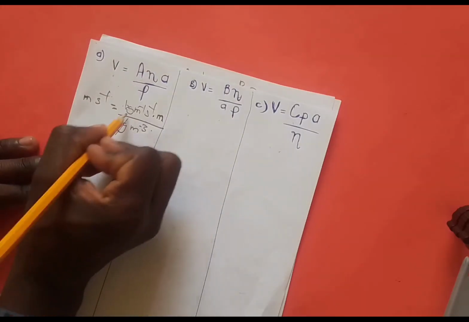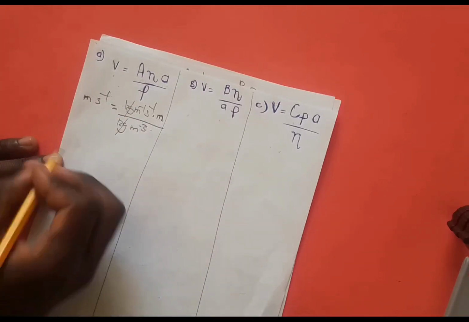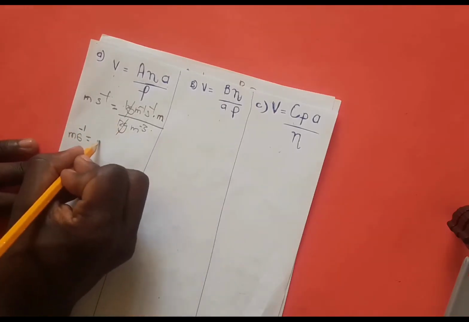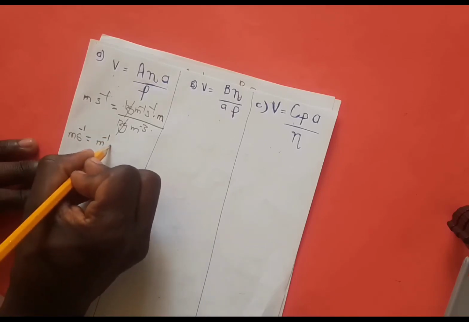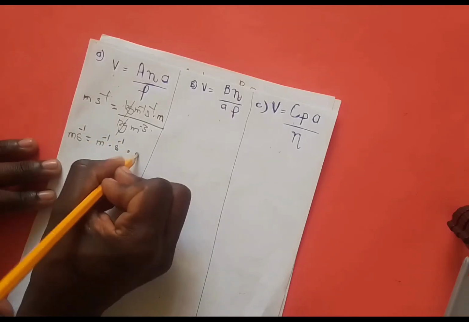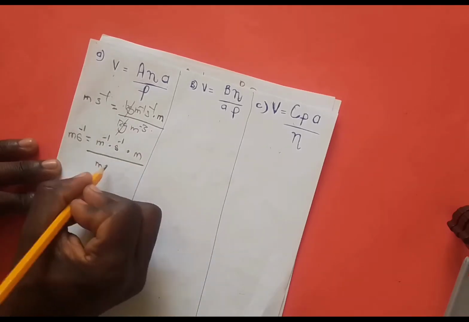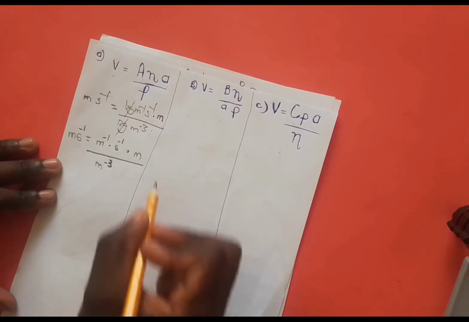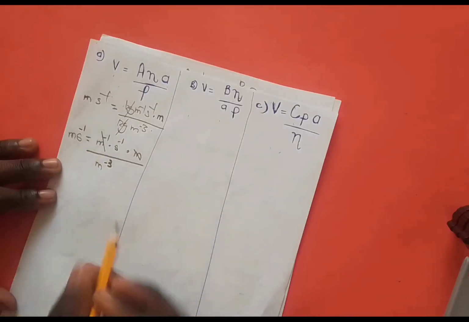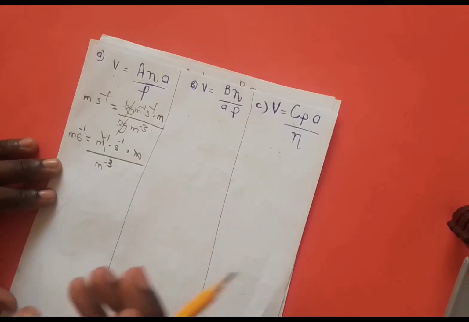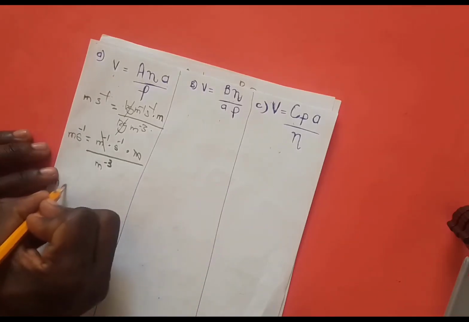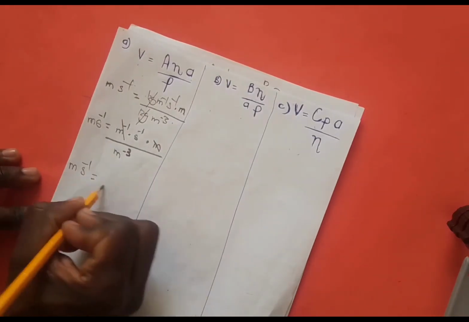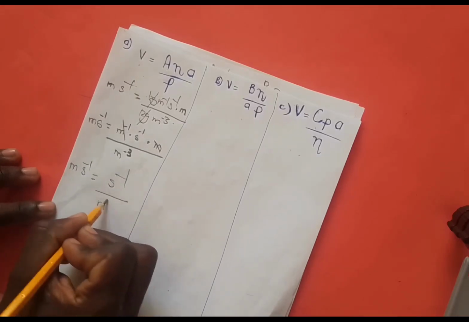So kg, we cancel out kg, right? Then leaving us with meter per second equal to m to the power negative 1, s to the power negative 1, m over meter to the power negative 3. Right? So this cancels out this, right? Your A levels, I'm not going to be doing much of the explaining. So meter per second is now equal to per second over cubic meter,